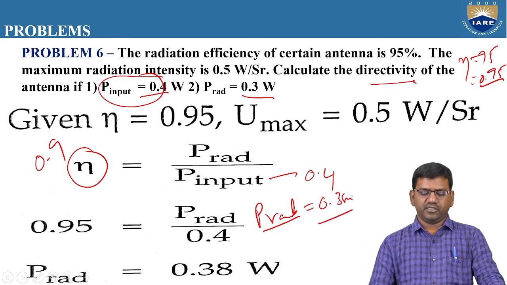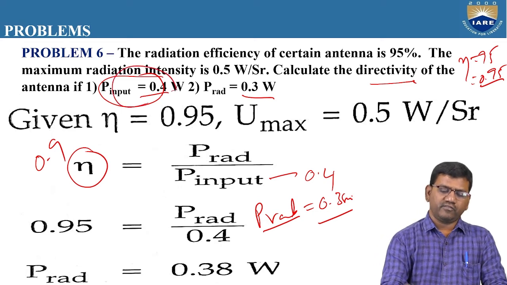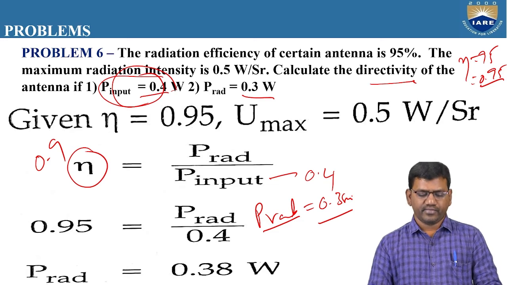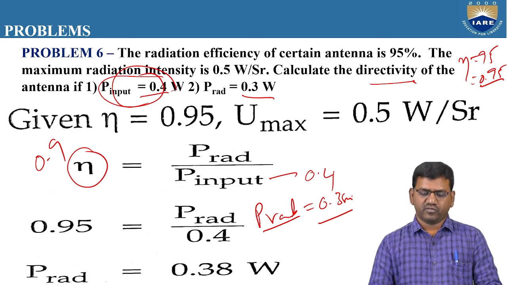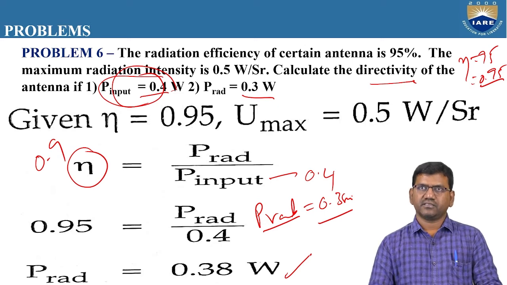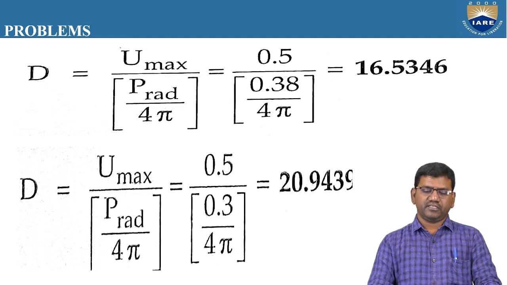What is this value, 0.38 watts? The radiated power for the input power of 0.4 watts. If the input power is 0.4 watts, then the radiated power is 0.38 watts. And if you want to calculate the directivity,